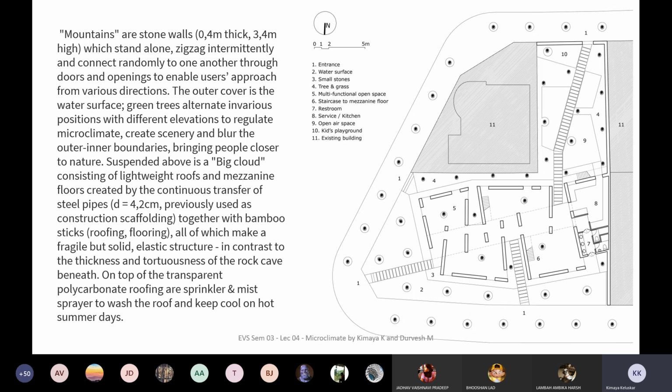They have translated the idea of creating this entire set of stone walls so that the robustness or the kind of heaviness is still experienced. But what they did was they placed them zigzag, intermittently and connected randomly to one another through doors and openings to enable users to approach from various directions. Because it's a public building, you can access it from any side. The outer cover is the water surface. Green trees alternate in various positions with different elevations to regulate microclimate, create scenery, and blur the outer inner boundaries,